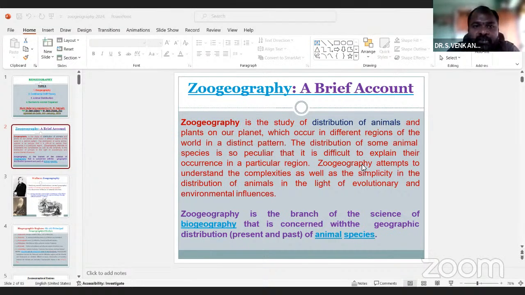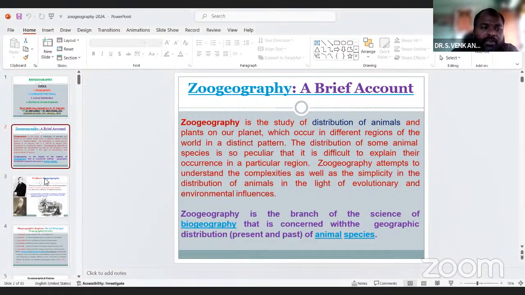The environmental influences are the physical features like temperature, water resources and climate, and each of these physical features is different in particular areas. So these are our particular regions.